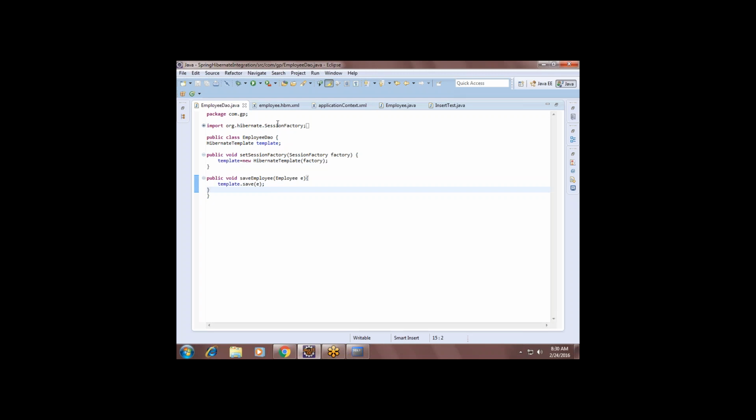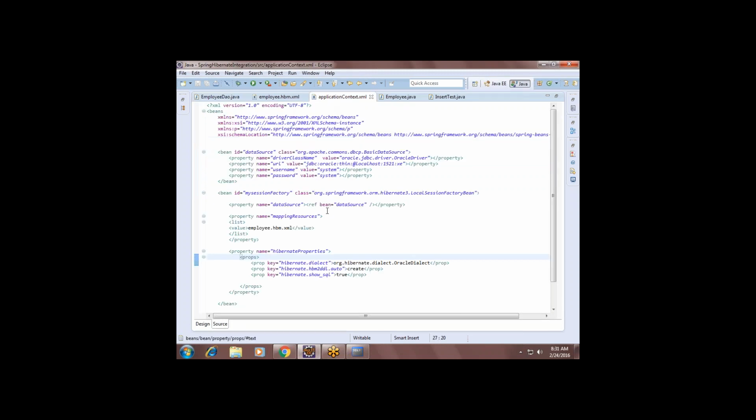Inside that DAO class, which actually deals with the database, we need Hibernate template. Hibernate template is a class for which we need to create an object with the session factory. Who will do that job? The Spring framework takes the responsibility of creating the session factory and injecting it into the DAO class. Spring is providing a predefined class for ORM, on which we have to fill some properties called the data source property and the mapping resources property.